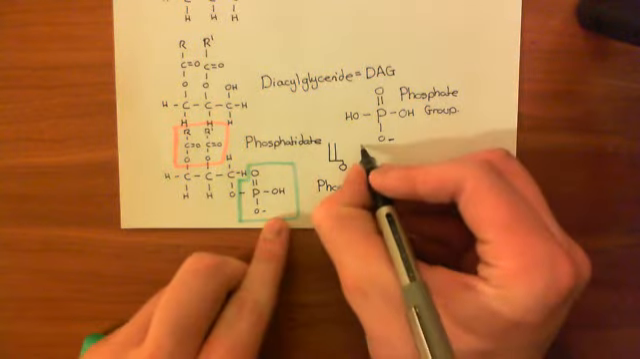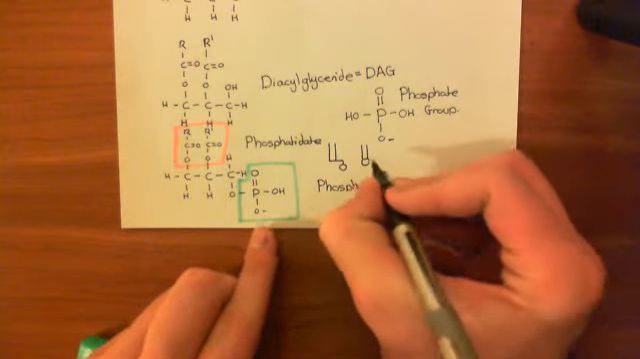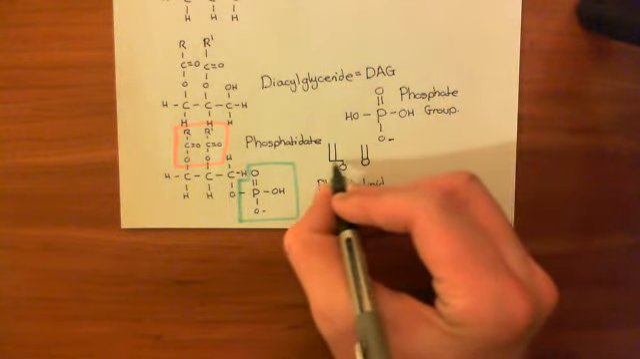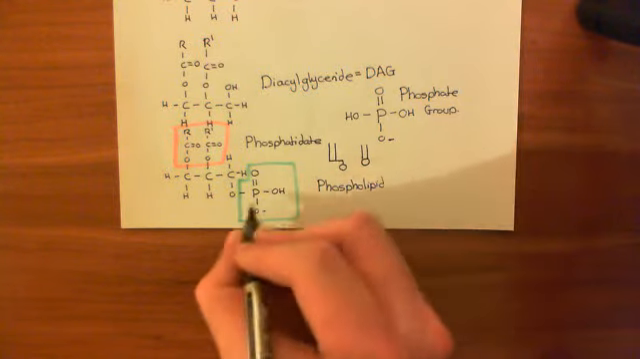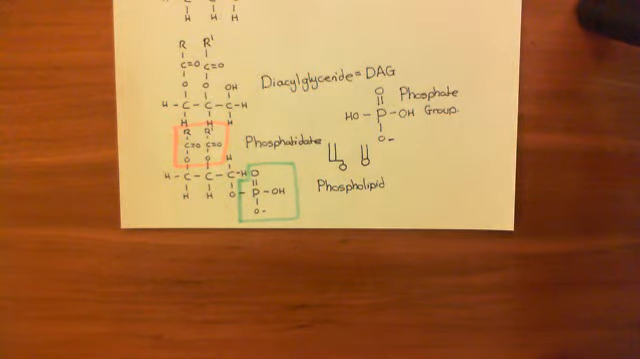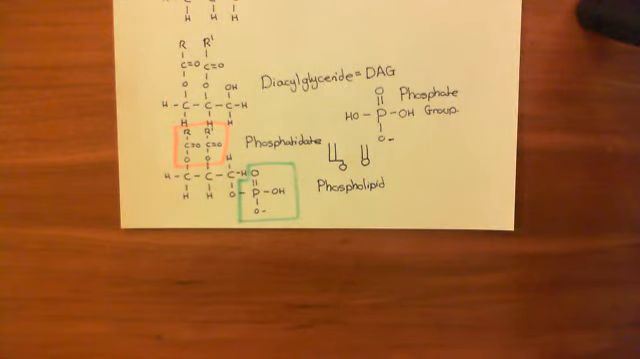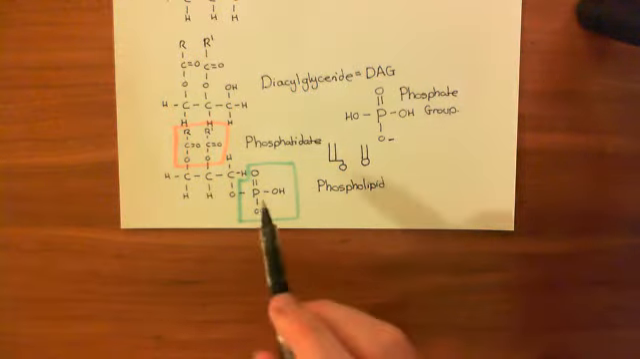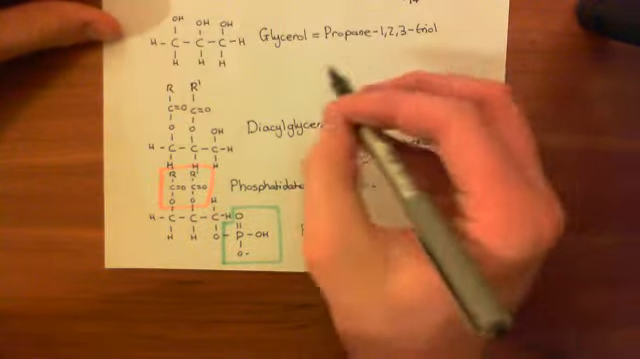Another way you often see phosphatidate or a phospholipid denoted is like so, where you omit the little line representing glycerol, and you just have a polar head representing this phosphate group, and two hydrophobic tails representing the two long-chain carboxylic acids. Okay, so that's the usual structure of a phospholipid, and the structure of the cell membrane consists of